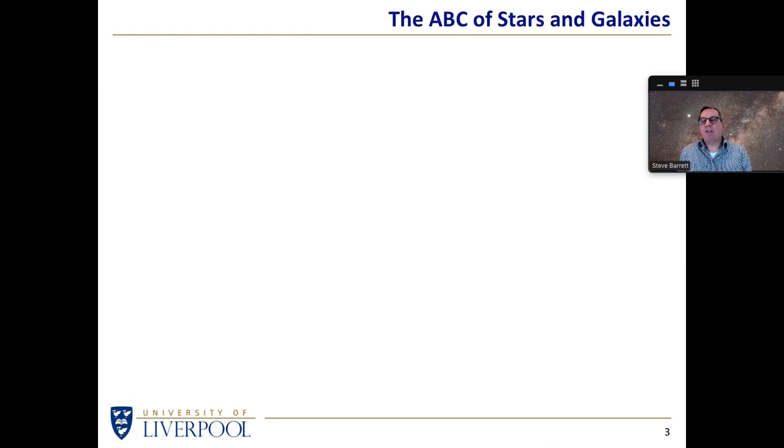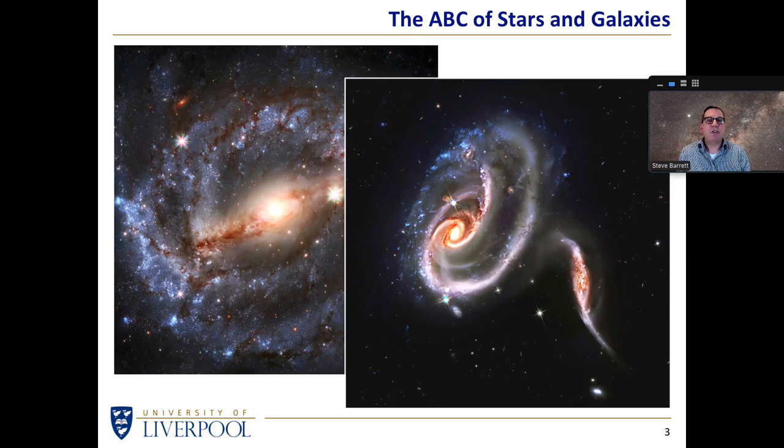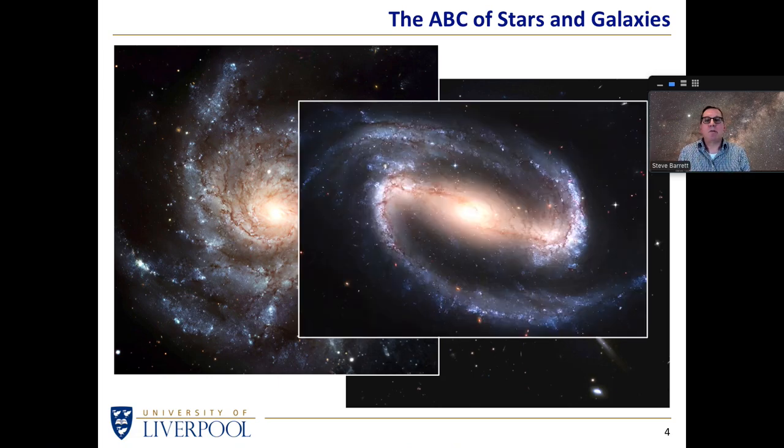So ABC, what do I mean by the ABC? Well, when we're thinking about galaxies, we want to ask ourselves, how do these structures come to be? We look out into the universe and we see these wonderful things. Some of them are spirals, some of them are less elegant than spirals, but the spirals themselves come in all shapes and sizes, different numbers of arms, different tightly winding spirals. In some cases, barred spirals. We can ask ourselves, how did all these galaxies end up looking the way they do?